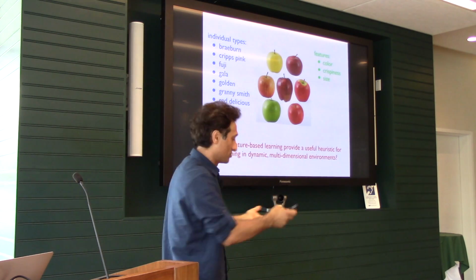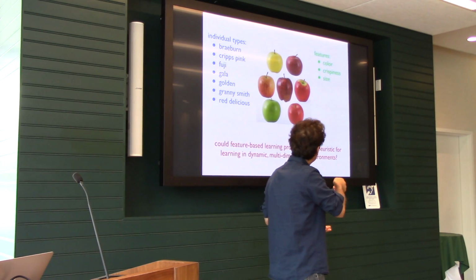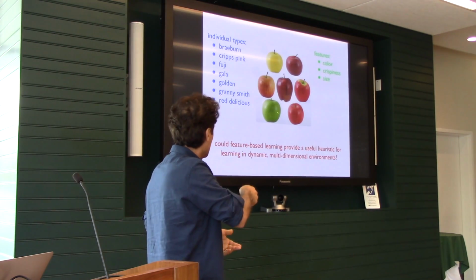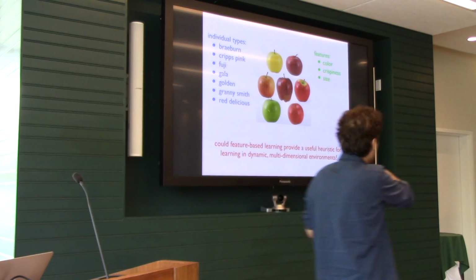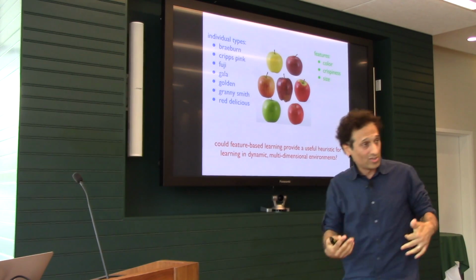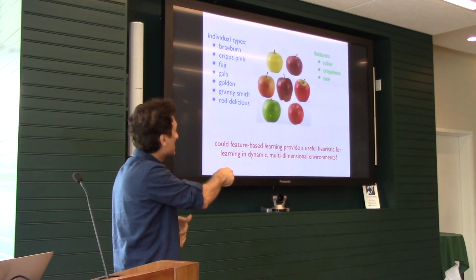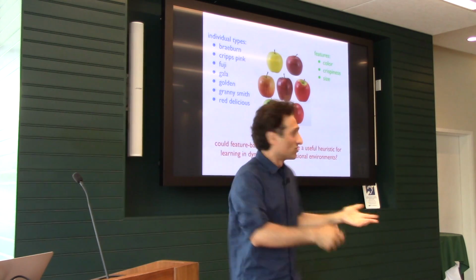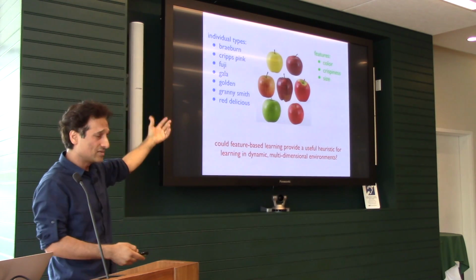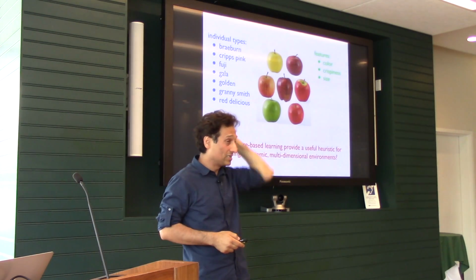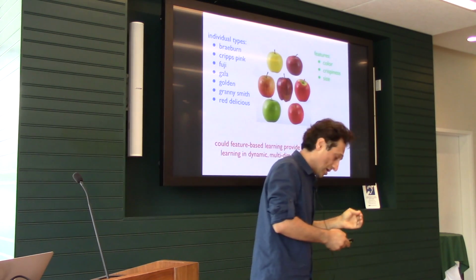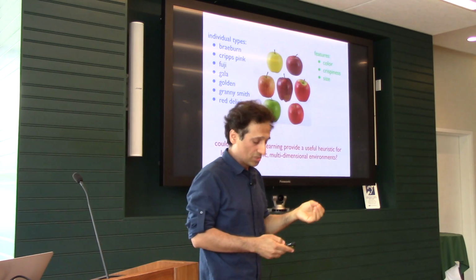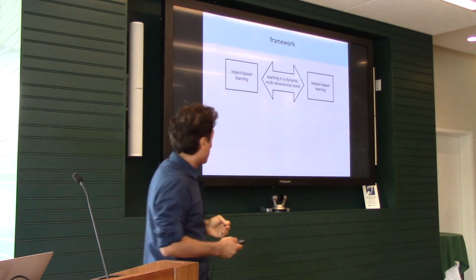It's going to have problems because maybe crispiness works for certain types of apple, but not for others. For example, I hate green apples, and it doesn't matter how crispy they are, because they're sour. It makes me feel bad. So I cannot generalize the value of crispiness to all the apples in the world. So you can see that this model, feature-based learning, is a little imprecise, or maybe more than a little imprecise. I will tell you again how we can solve that, but it makes learning faster and reduces the dimensionality of the world. Okay, so this is the framework.